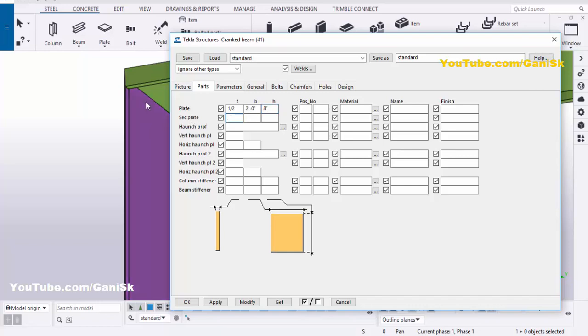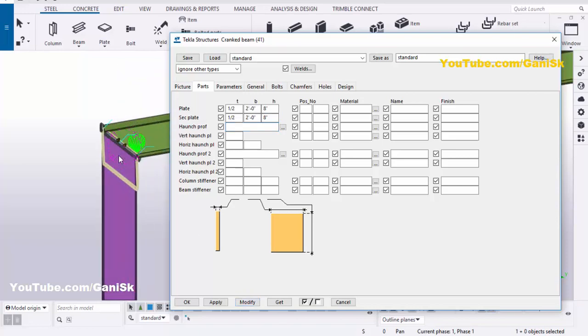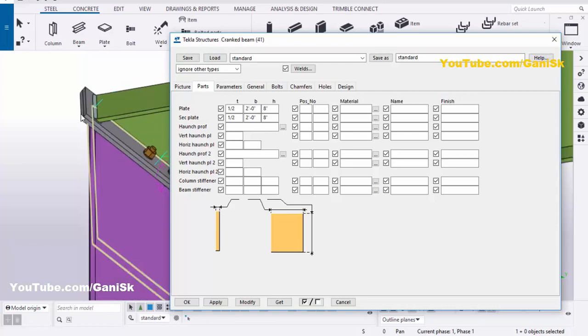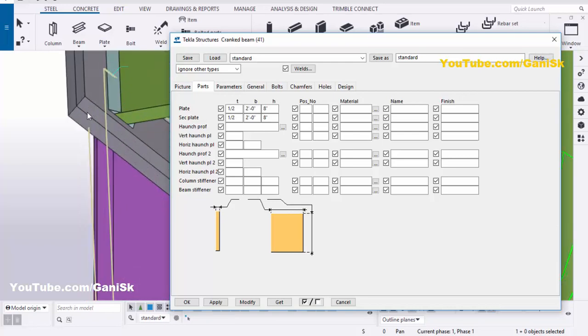We have two connection plates at this location, so let's take ½ inch and 2 feet and 8 inch. Then click on modify to see the result. You can see now we have the connection plate length 2 feet and width 8 inches and thickness ½ inch.